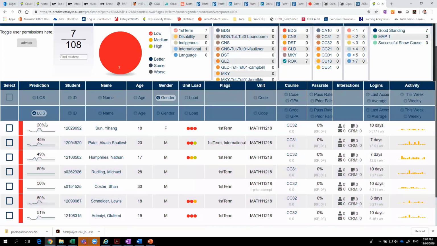The way these predictions work is a bit of machine learning. We're using our historical data, funneling it through a machine learning algorithm that applies a number of models and spits out the most accurate ones. At last report, they're roughly 85% accurate overall in terms of the predictions, with a number of outliers, but mostly in relation to cohorts with low enrollments or historically high failure rates.